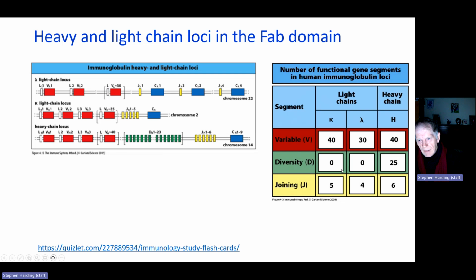There are no diversity segments on the light chains, and 25 on the heavy chain, and 5 or 4 on the light chains, and 6 on the